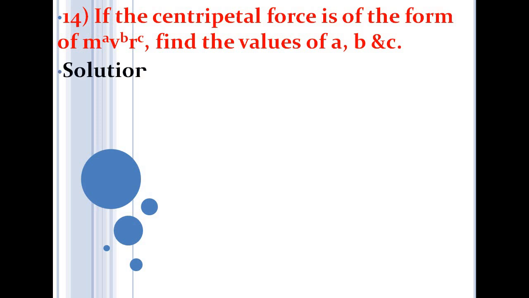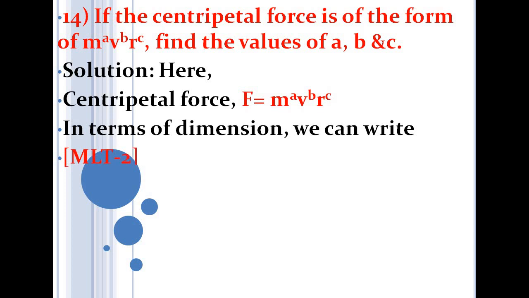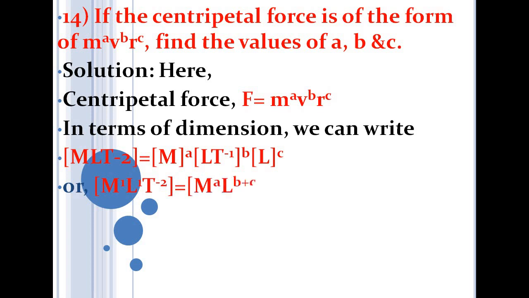Here the centripetal force F equals m^a v^b r^c. Now in terms of dimensions, we'll write the equation as: for the force, M L T^-2, it must be equal to M^a, where M is the mass, v is the velocity, (L T^-1)^b, and L^c, with r of dimension L and c the exponent of r. Simplify the relation, we'll get M^1 L^1 T^-2 on the left-hand side,